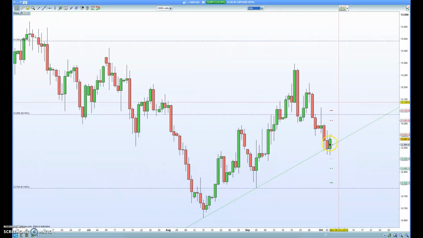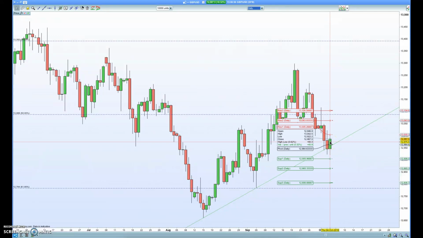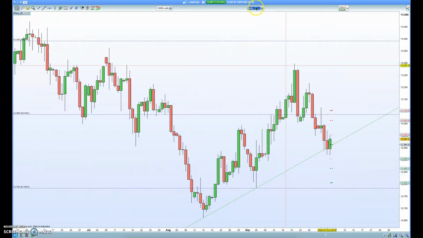I'm not doing anything else for now. I'm just going to watch and wait and see what happens over the next 10 hours, 24 hours maybe. But there's a bit of support there. Just lastly, I'll show you the hour time frame. We've got